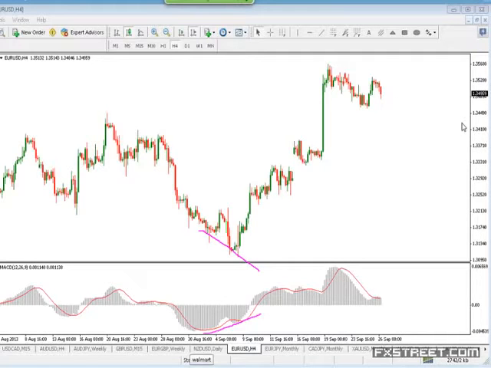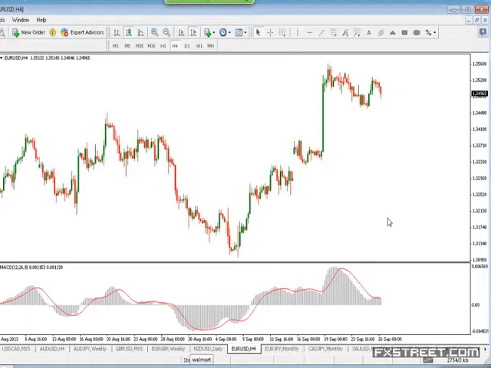Most traders tend to use the MACD as a signal line. For this, you have this red line. As soon as your red line crosses into the positive territory, it's a very strong signal. So your MACD on a longer term time frame definitely is a good indicator to determine the trend. A lot of traders tend to use it.